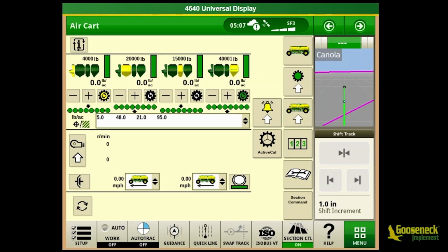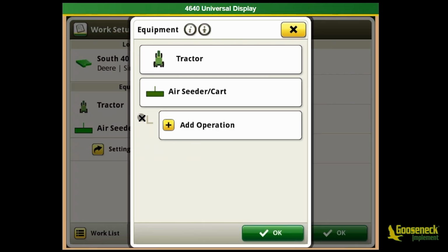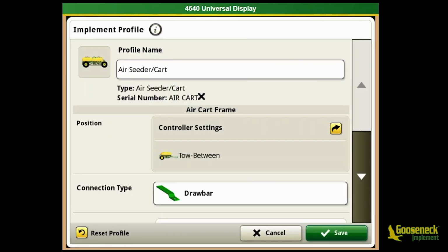Once the equalization times are entered into the air cart settings, the operator also needs to enter the times into the equipment settings. The fastest way to get into equipment settings is using the shortcut Setup. In the work setup, access the equipment and choose Air Cart Seeder. Times are entered into the implement settings as mechanical delay, on and off times. If I scroll down,